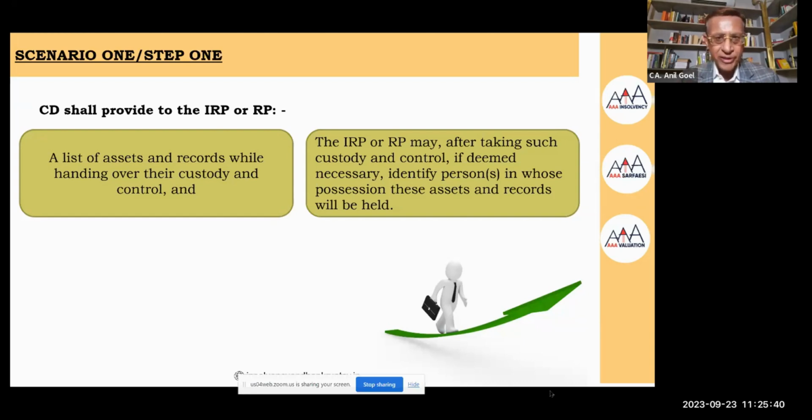Now, the RP cannot take it home. Can the RP take all the cars home? Can the RP take all the trucks home? Can the RP take all the machines home? Can the RP take all the stocks home? No. The RP will prepare a list that as on the date of commencement of CIRP, these were the assets,